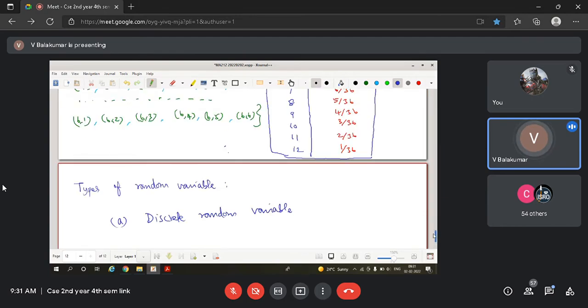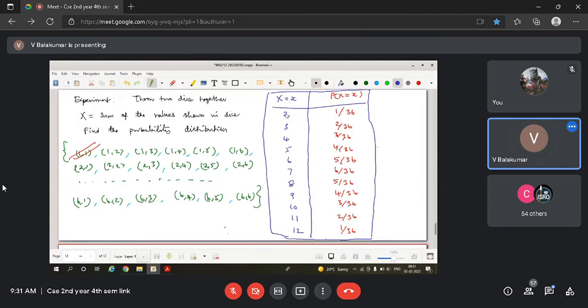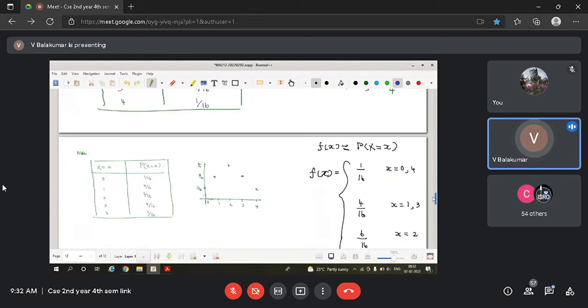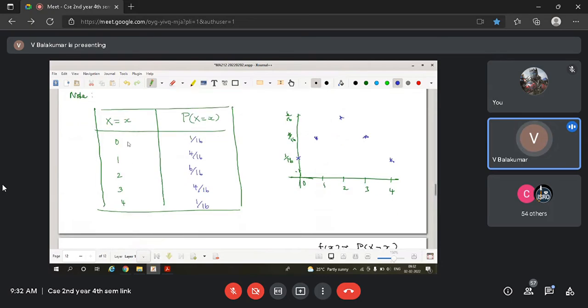Just now we have seen them. You see, capital X takes these values. So how many values is it taking? 11 values it is taking. Look at our experiment here. How many values is it taking? 1, 2, 3, 4, 5. 5 values it is taking. And you can talk about